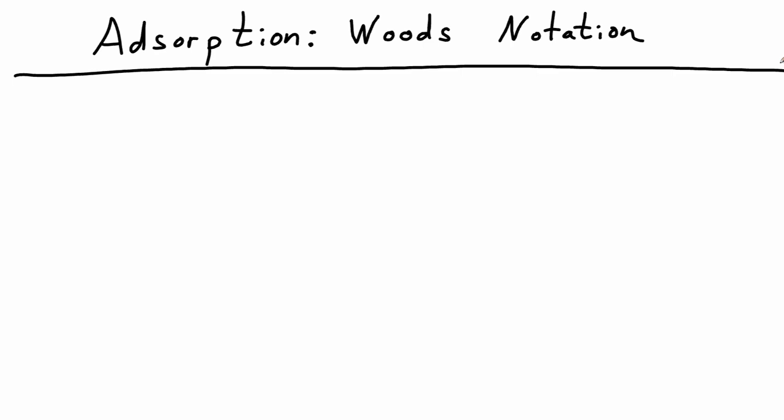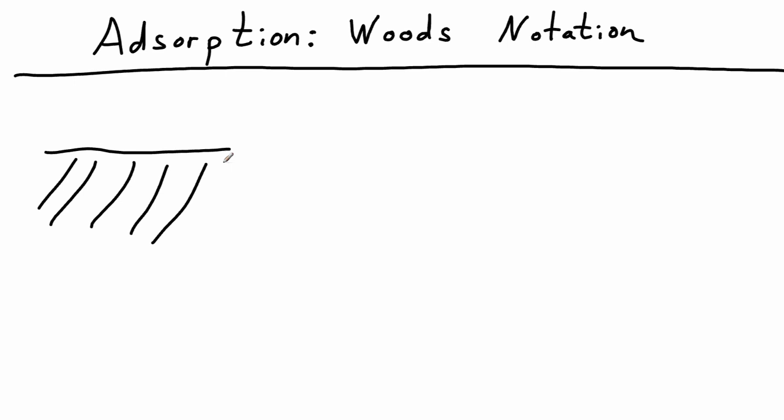One way surfaces can decrease their high value for surface energy is to allow things to adsorb onto that surface. So we have a solid, and as we know, it could have initially a very, very high value of surface energy. So what can happen is as gas atoms collide, or if it's exposed to a liquid, molecules in the liquid phase, as they come down, you'd expect them to sort of just bounce off, but they can stick. And so